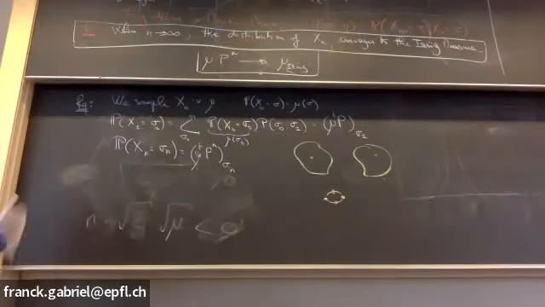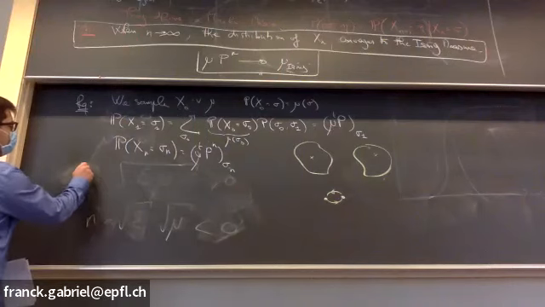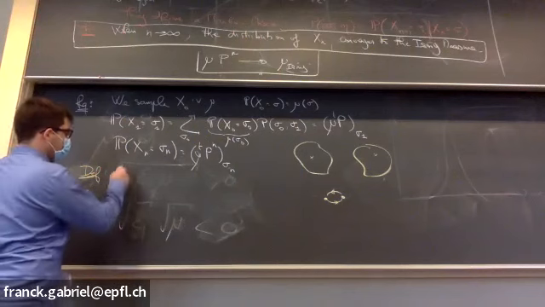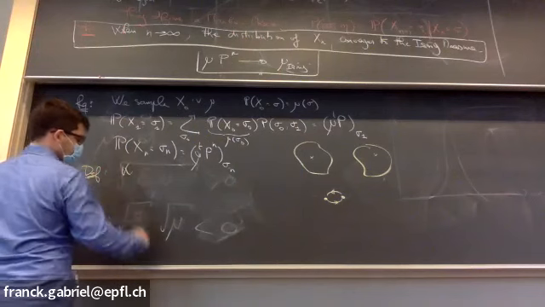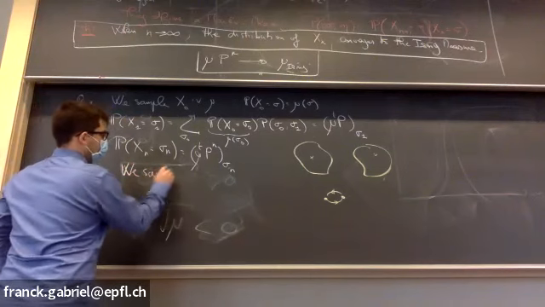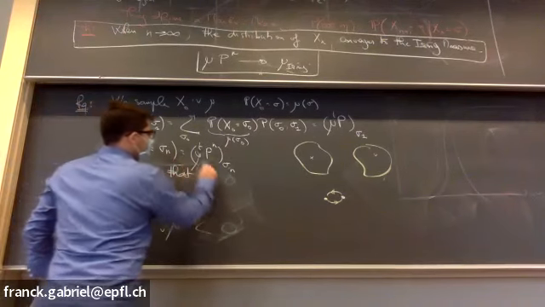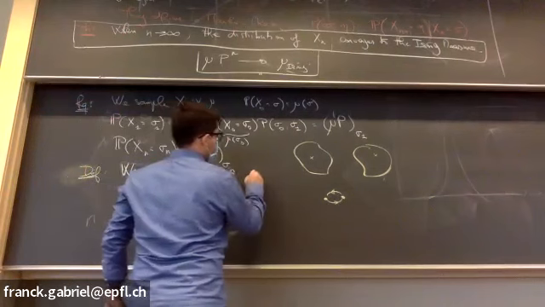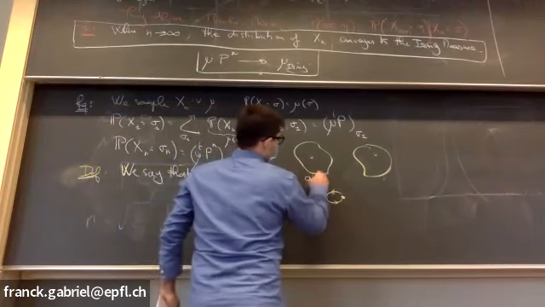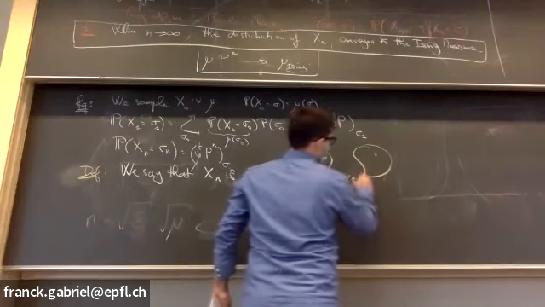Altogether, the important property is that we say Xn is aperiodic and irreducible